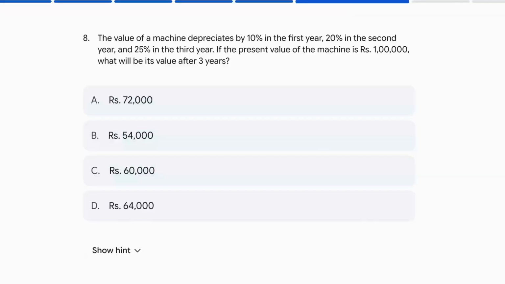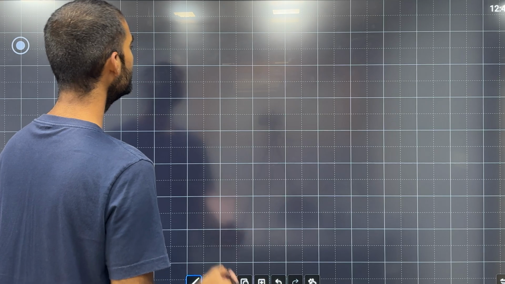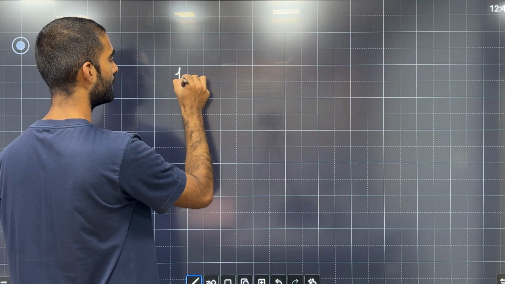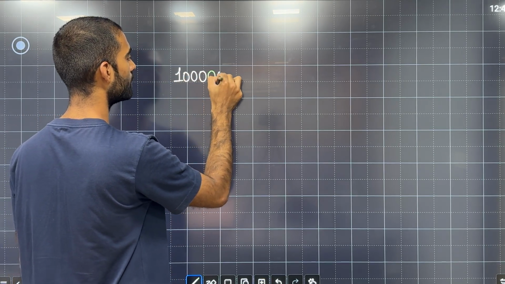The value of a machine depreciates by 10% in the first year, 20% in the second year, and 25% in the third year. If the present value of the machine is 1 lakh rupees, what will be the value after 3 years? So all we need to do in this problem is write down the value, that is 1 lakh,